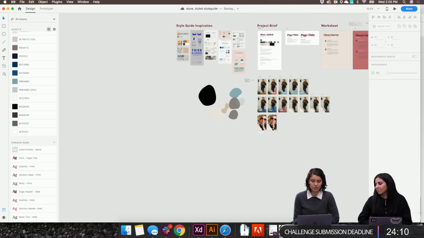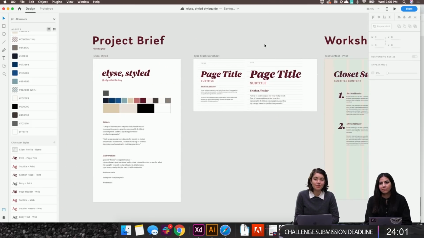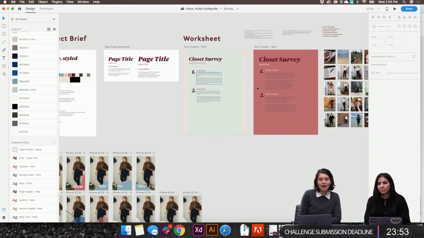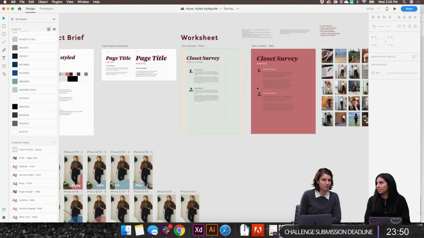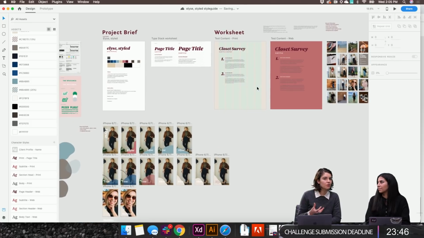So I'll just zoom out. Yesterday started with the client brief, the project brief, doing a basic type stack of different type styles in that type hierarchy. Looked at how to create that, started applying that, and now I'm switching gears to tackle the more visual side of the project, which is, well, it's all visual.